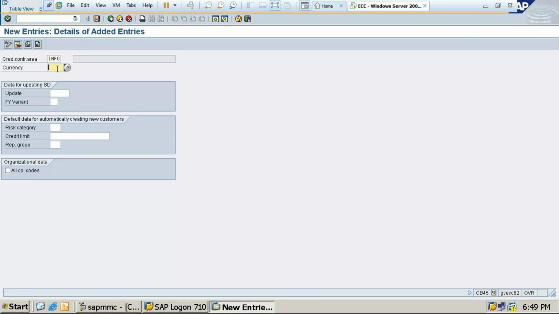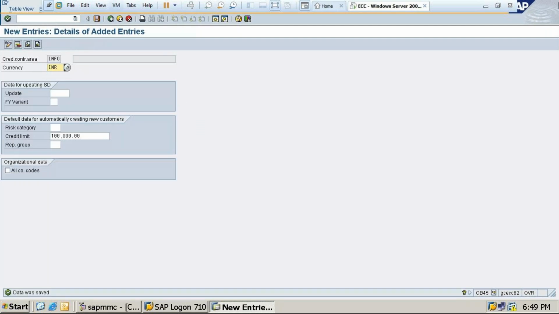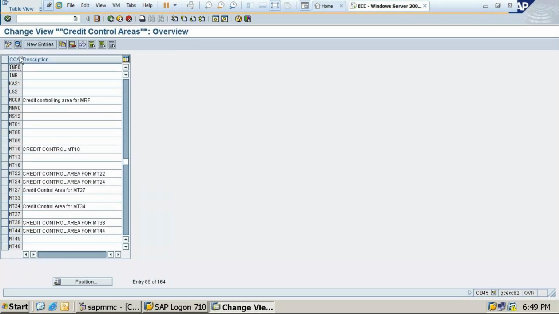Then I'll give here currency INR. Limit is 1 lakh. Click on save. So save and back. So here I have to type credit control area for Info.